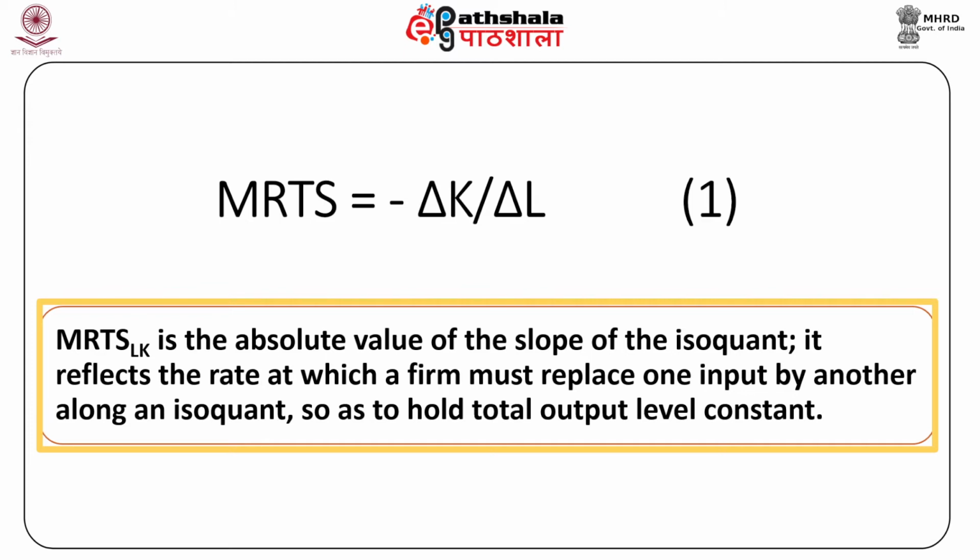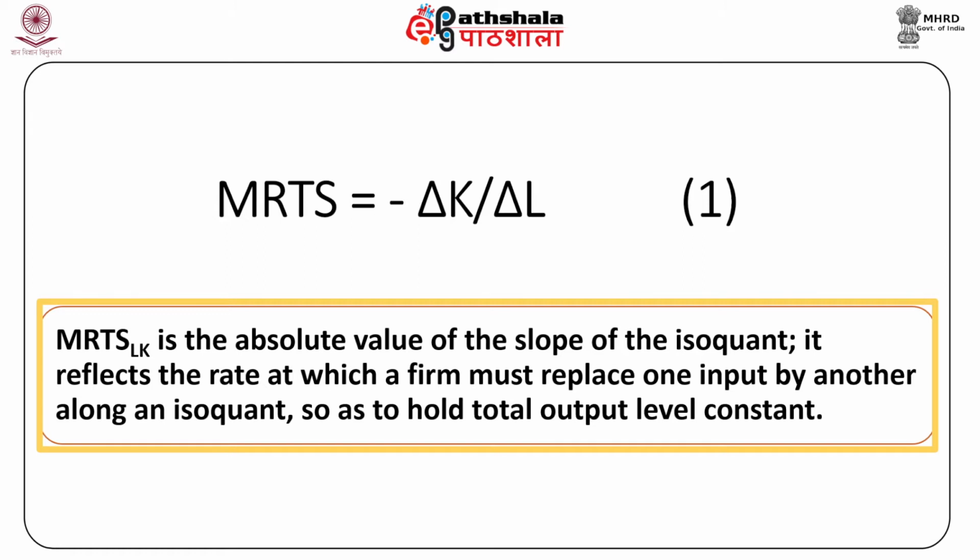It is important here to know that MRTS diminishes as we move from left to right along an isoquant. As more and more labor is substituted for capital while holding the output constant, the absolute value of change in K by change in L falls. Suppose we begin from the top left of an isoquant where capital is plentiful relative to labor and move downwards, reducing the capital by 1 unit and substituting it with 0.5 units of labor to hold the output constant. At this point, MRTS is equal to 1 by 0.5, which is equal to 2.